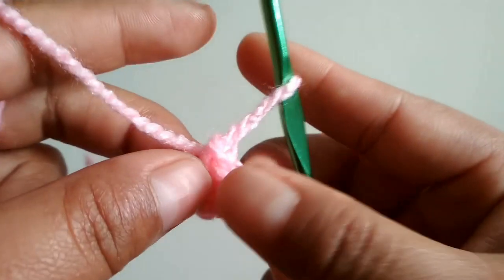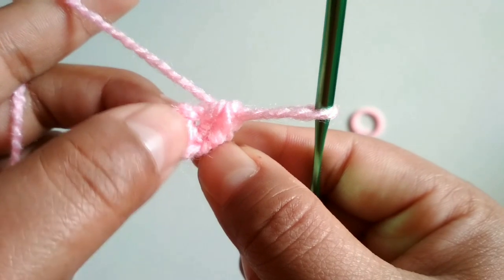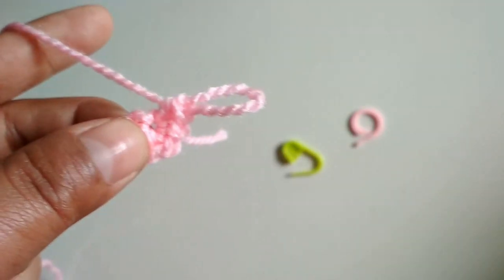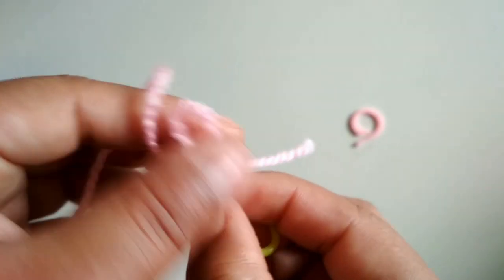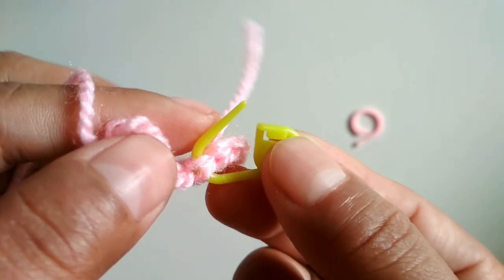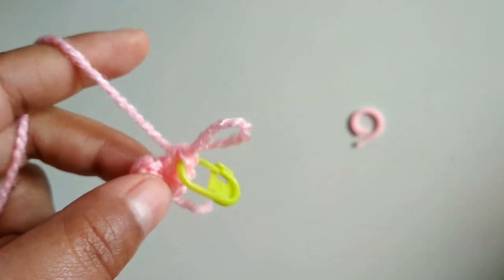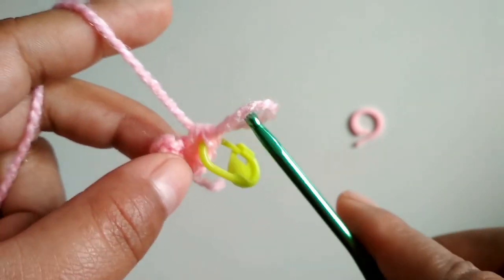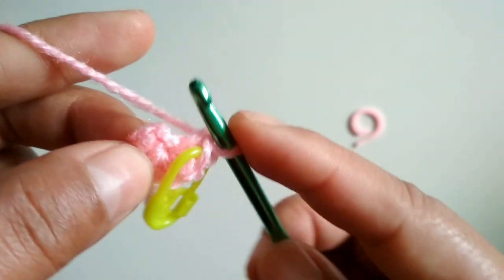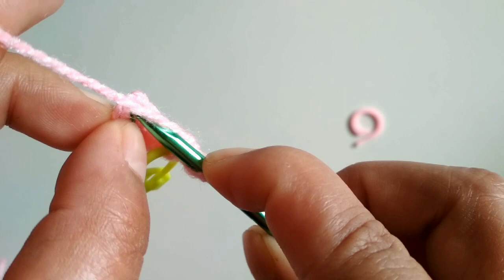Alright, now before slip stitching it, we will be slip stitching here on this stitch, but before that I will show you how to use the stitch markers. We will mark the end of the stitch in that round. This is the last stitch, so we'll mark it here. And the reason why I'm marking there is because once we slip stitch here in the first stitch of the round,